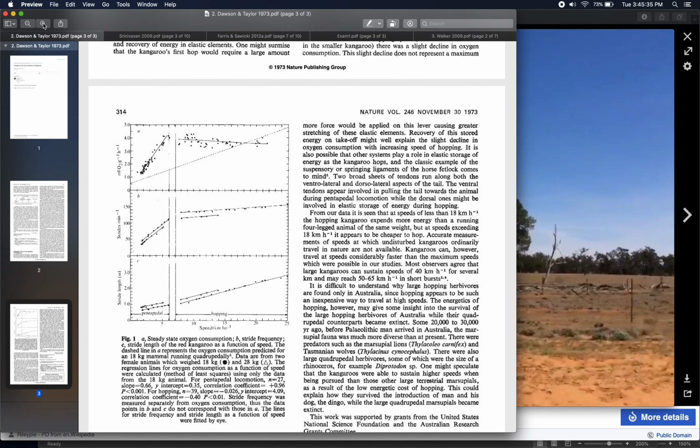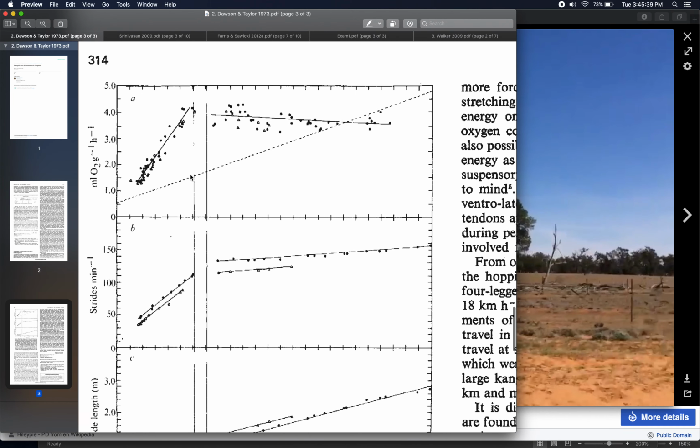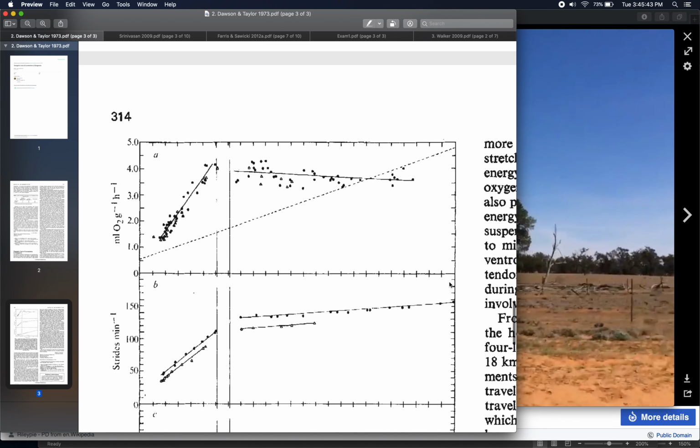It is shown here in figure 1, the only figure in the paper, and in the top panel of the paper here. You guys aren't going to be able to see the labels on the x-axis here, but the x-axis here is the speed of the treadmill while the kangaroos were traveling on it. The symbols here are the individual data points from the two different kangaroos while they moved on the treadmill at these different speeds. They found that at slow speeds on the left here, so to the left of this demarcation here,